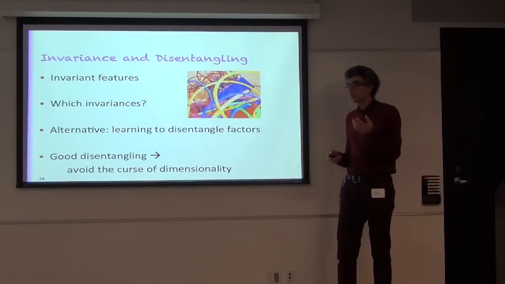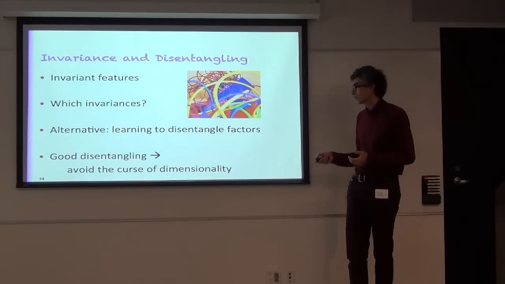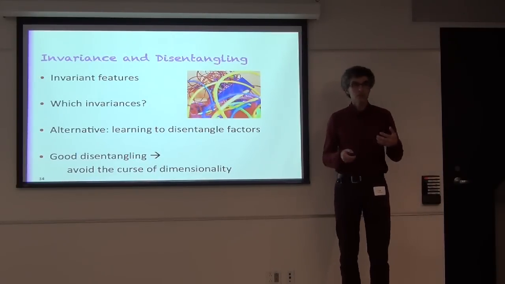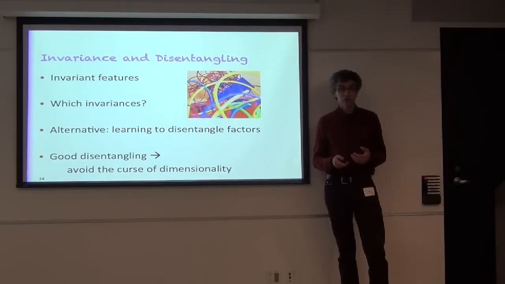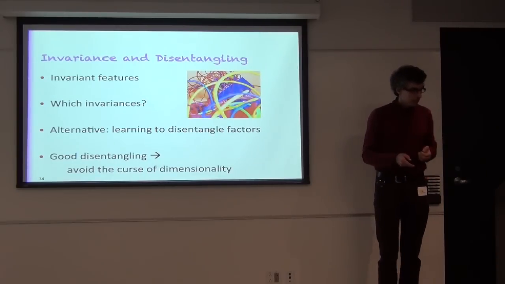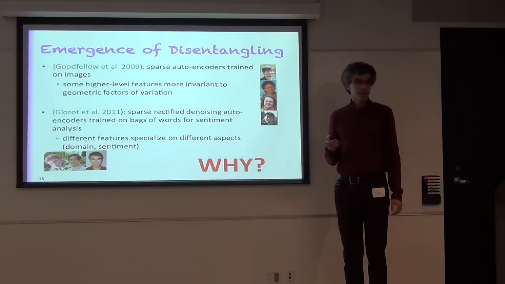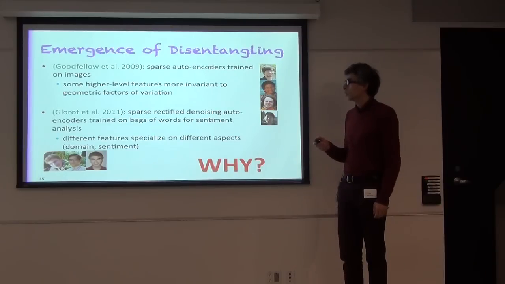These are the factors that you'd like to discover automatically. And if you're able to do that, then my claim is you can essentially get around the curse of dimensionality. You can solve very hard problems. All right. There's something funny that happens with the deep learning algorithms I was talking about earlier, which is that